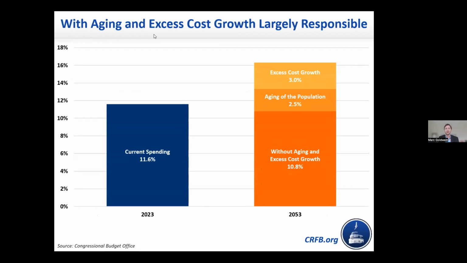By the way, if not for the aging of the population and rising healthcare cost growth, spending on our big 3 programs, our biggest 3 entitlement programs, Social Security, Medicare, and Medicaid, would actually shrink over the next 30 years. The reason for that is that we're still doing some COVID relief in Medicaid. Outside of that, they'd be roughly stable. But the rise in healthcare costs in excess of economic growth and the aging of population mean that they're going to grow from about 12% of GDP to about 16% of GDP. That's essentially as much as we're collecting in revenue today.